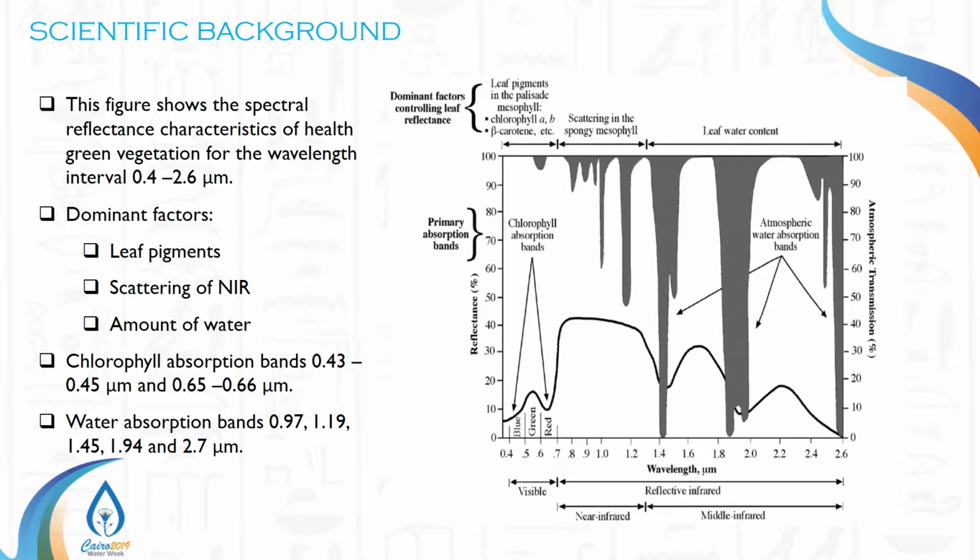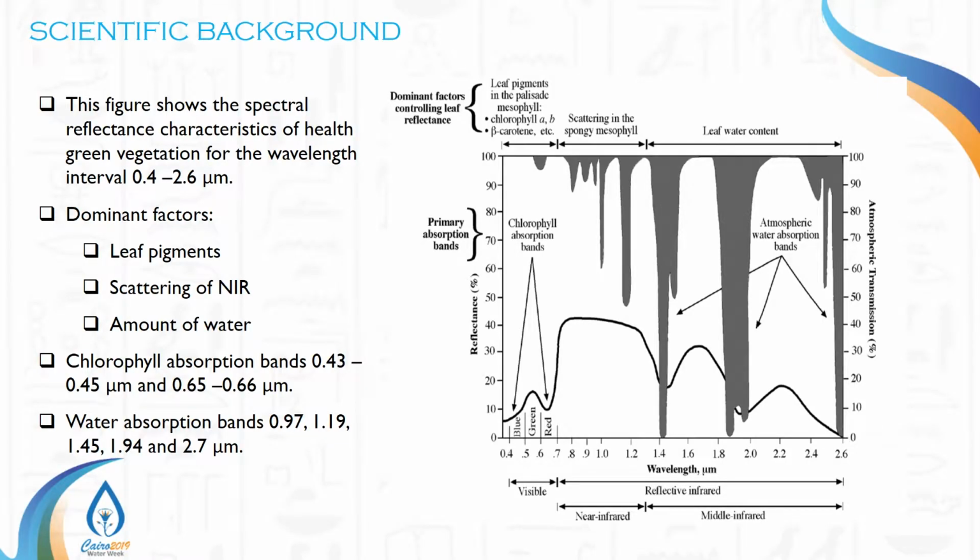The scientific background behind all of that is how we can look into the spectral properties, or the spectral behavior, of different targets. The whole idea depends on the usage of different regions of the spectrum. In our case, when we talk about vegetation, we use the red spectrum and the infrared spectrum, where these two are very sensitive to different behaviors in the vegetation, and we come up with what we call NDVI, or FPAR, or leaf area index, and a lot of different indices that can be used to assess the degree of greenness, the chlorophyll content, the chlorophyll absorption.